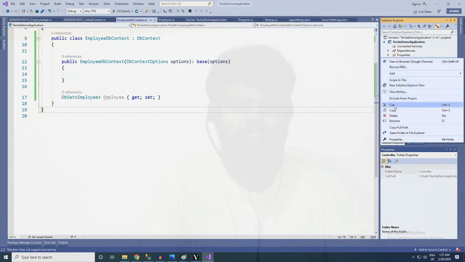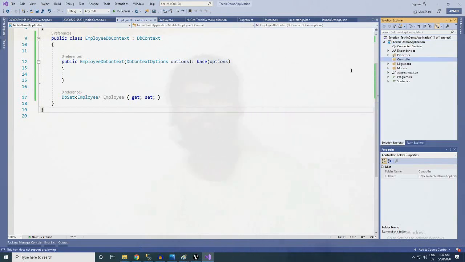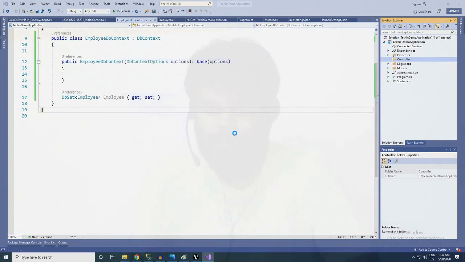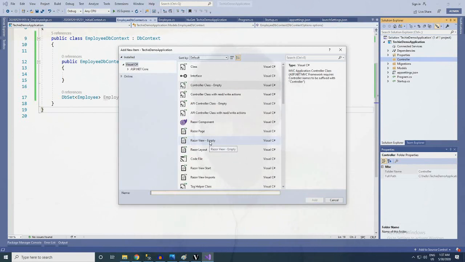So create a new controller and give its name as employee controller. Each and every controller needs to end with the suffix controller.